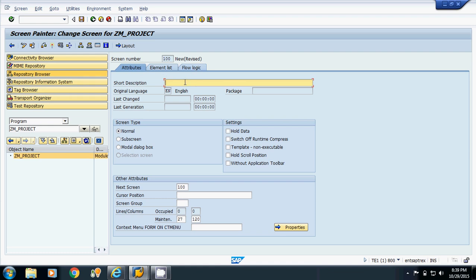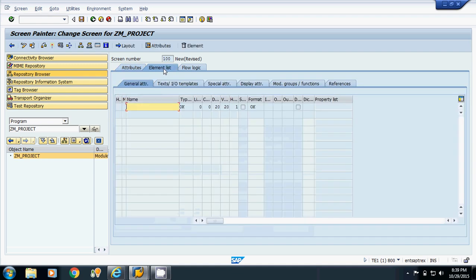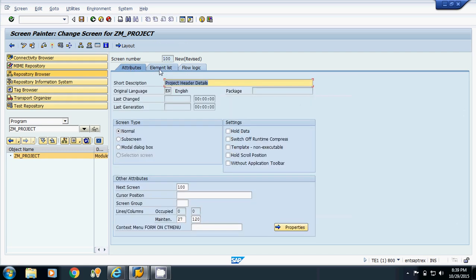Suppose I am taking this screen as project header details, and as a normal screen. Now I will go to the element list, which shows the various elements available on the screen. These are the attributes of the screen. Now I will come to the flow logic part, which is the important part.